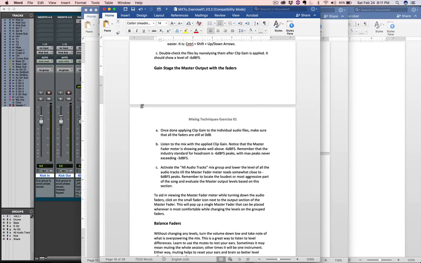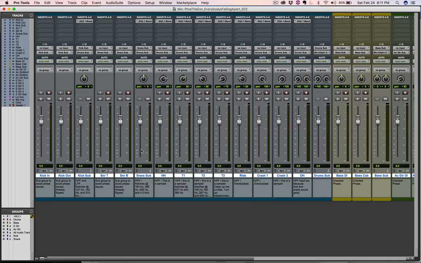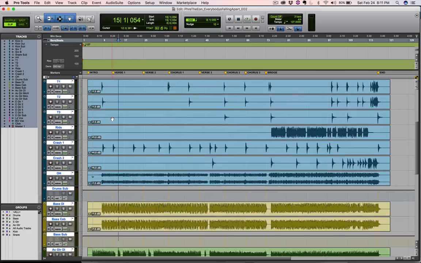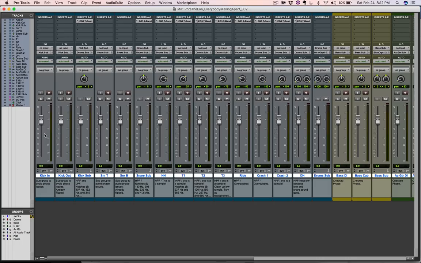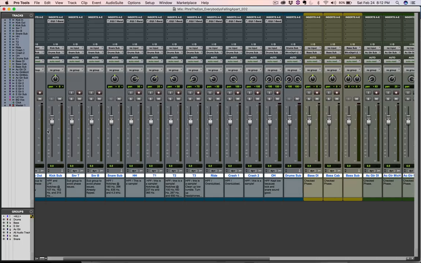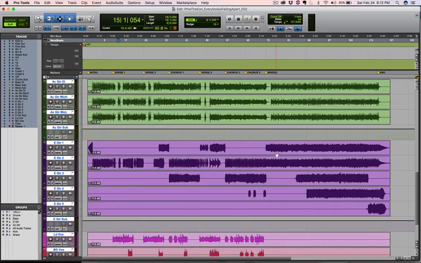After completing the clip gain function or task, you want to move on to gain staging the master output with your faders. What we mean by that is, once you have all these values completed and input correctly, you'll notice that all of your faders are still at 0, right? Which means that your master output level is probably pretty loud, so you can go to the loudest section of